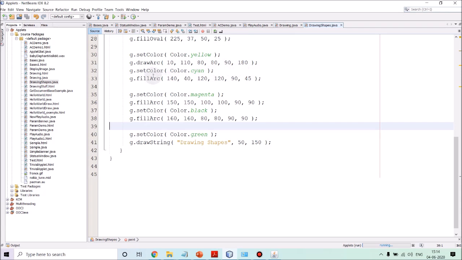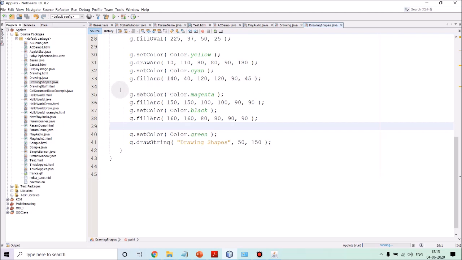After that we want to create a filled arc over here. So we are specifying the coordinates, top left coordinate 140, 40 and the width and height of the rectangle 120, 20. The starting angle of the arc is 90 and length of the arc is 45 degrees.